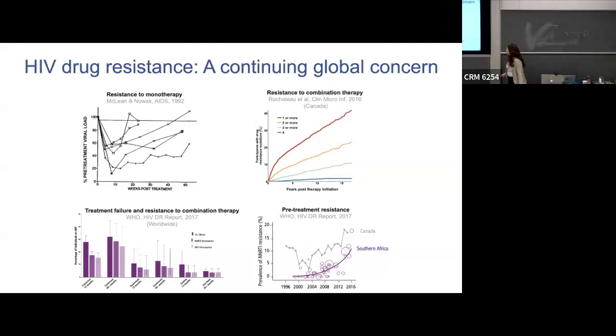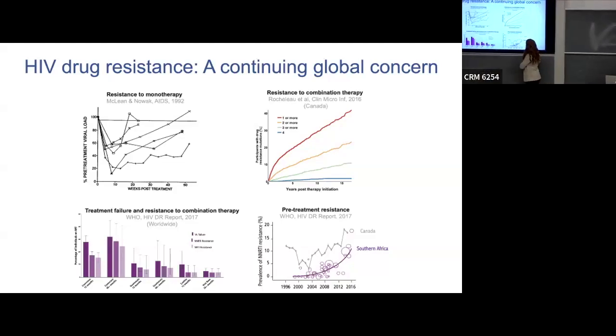So is this saying that there's more treatment resistance to NRTIs in Canada? Yeah, so I mean, I think this is complicated, as you can tell. These are like combinations of different studies in Southern Africa. This was one study in Canada, and there's a lot of uncertainty here, but there are reasons to think that,